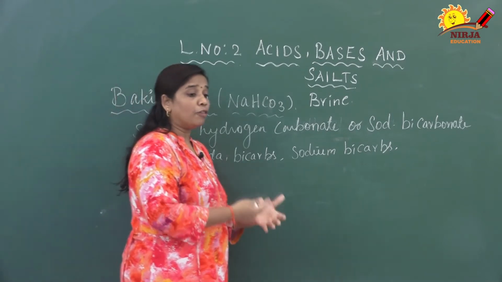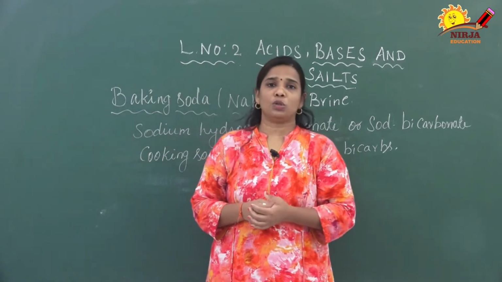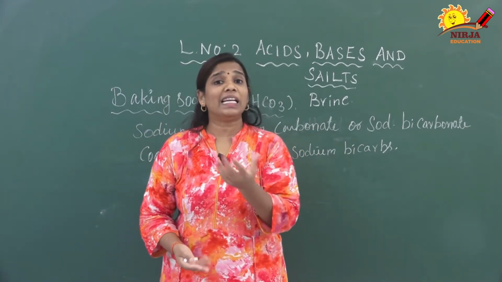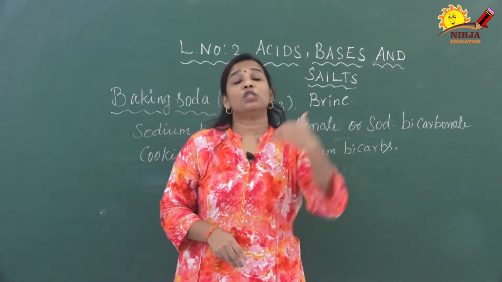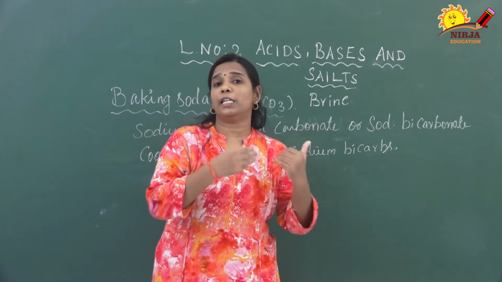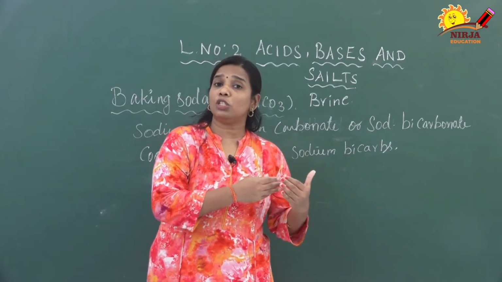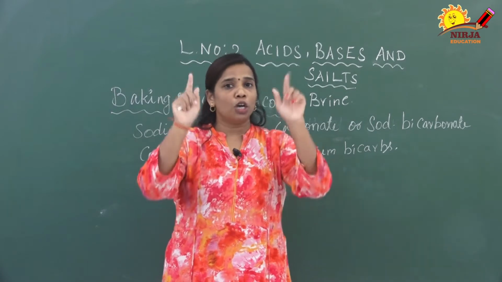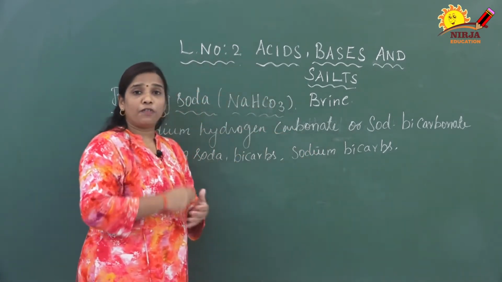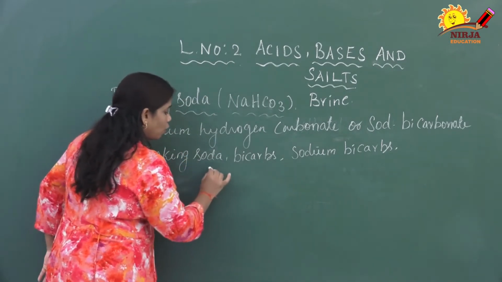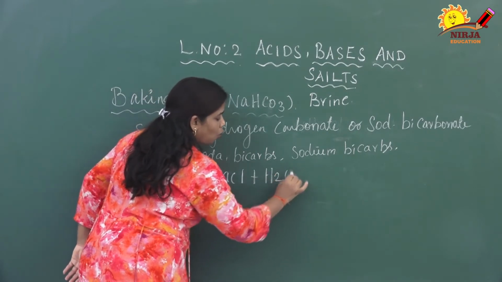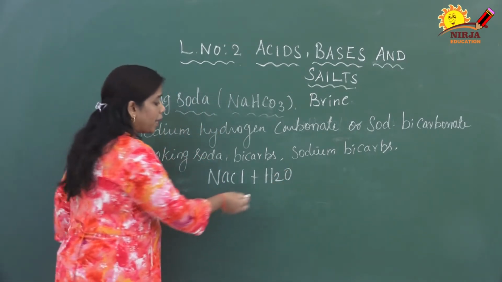Right? How do we prepare it? Next is the preparation of baking soda. What are the reactants? Of course, for the preparation of any chemical substance we need reactants. These reactants are the chemical substances which we get from the chloroalkali process. So just remind yourself what the chloroalkali process is. Here we are using 4 different substances. One is sodium chloride, NaCl, along with water, that is H2O. This we can also call a brine solution.